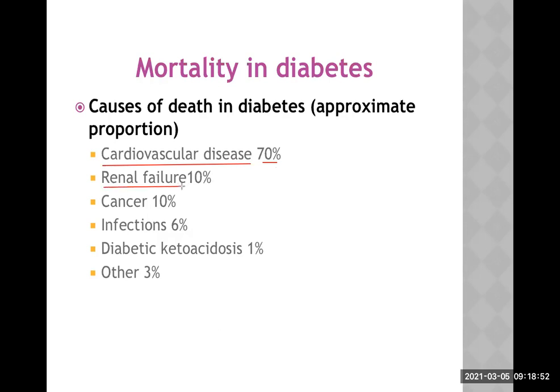Second is a death from renal failure. Okay, death from renal failure. It is also very common these days. The incidence of diabetic nephropathy is increasing day by day. Cancer. Okay, diabetes itself will not lead to cancer, but probably this is a comorbidity which is related. Infection is quite common in diabetes because it is a relatively immunocompromised situation because of so many factors.